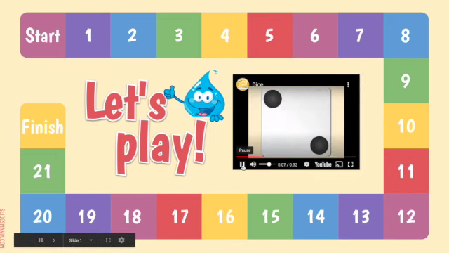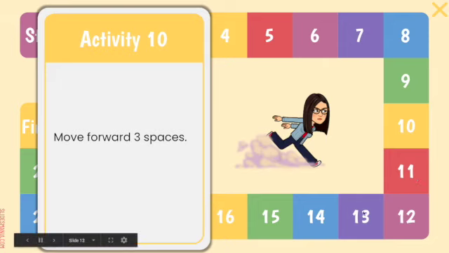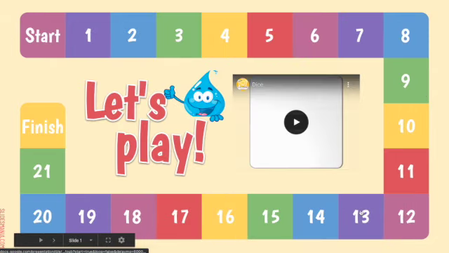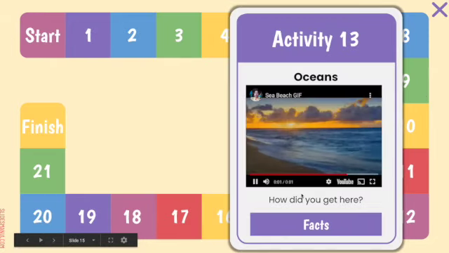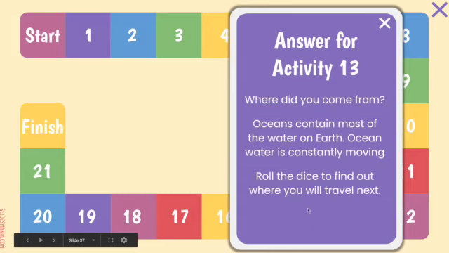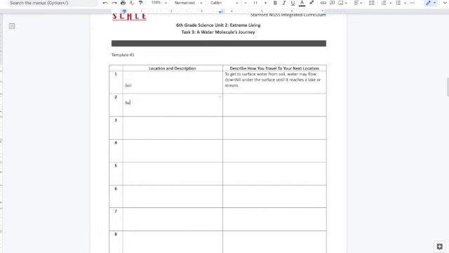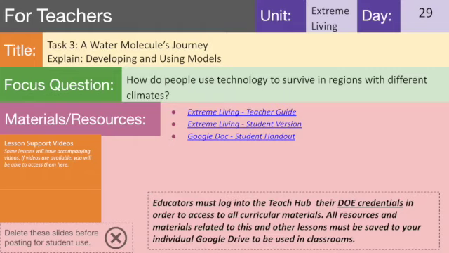Continue working towards the finish line by rolling the die, counting spaces, and then flipping cards to see where your water molecule ends up next. Be sure to always record where you ended up and how you got there in the template in the student handout. The following day,